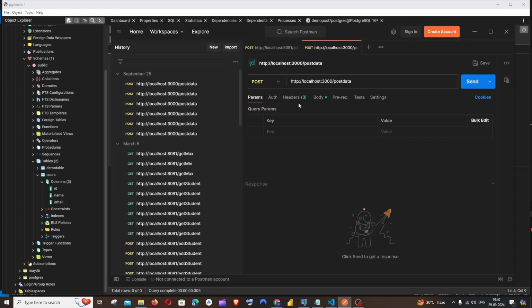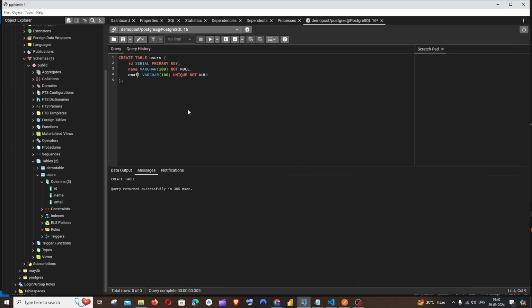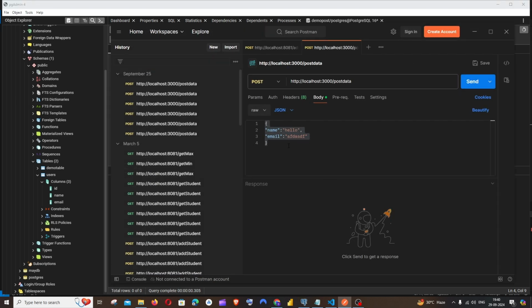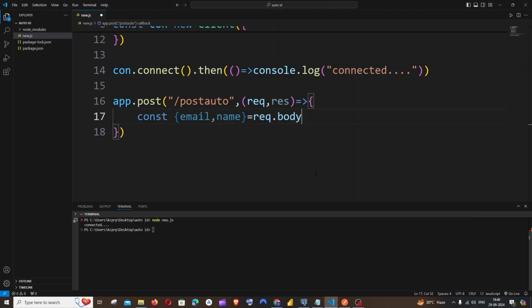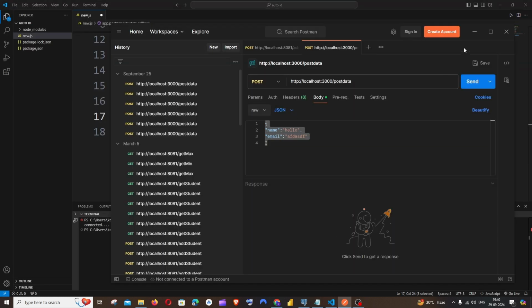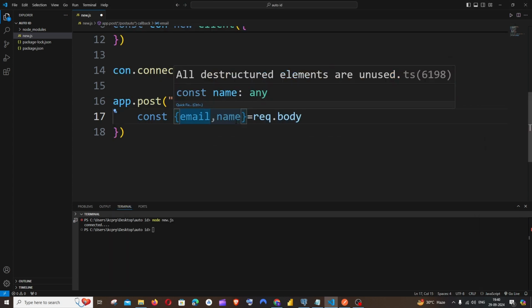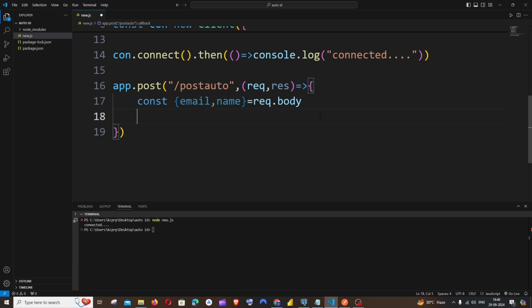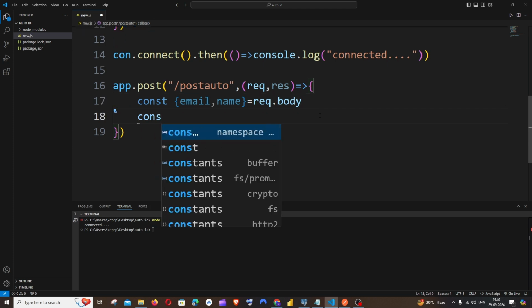So from our Postman body, we will be sending the name and email, and the ID will be getting auto generated. So we need to catch this from our Postman. That's the reason why I'm having request.body here. This will have these values, and I'm just destructuring and saving it in these variables. So this is that line of code, and next is going to be our query, const